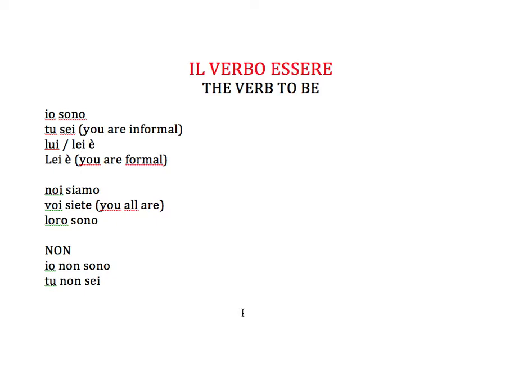So it's up to you if you want to use the pronoun, it's fine, but just remember that a lot of the time you will see sono, sei, etc. without the subject pronouns. And you will hear also sono, sei, etc. without the subject pronouns. So without io, without tu, without noi, etc. Okay,